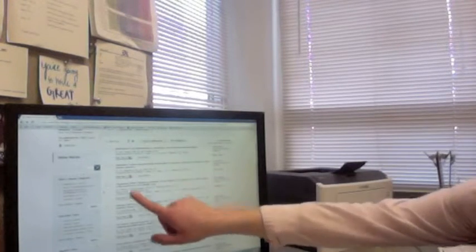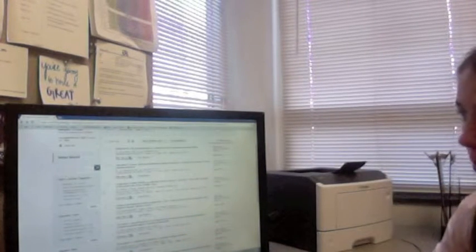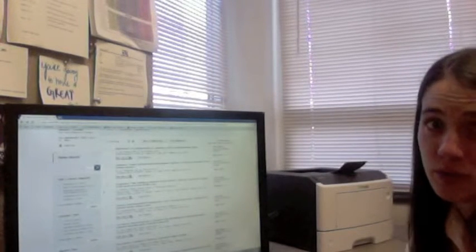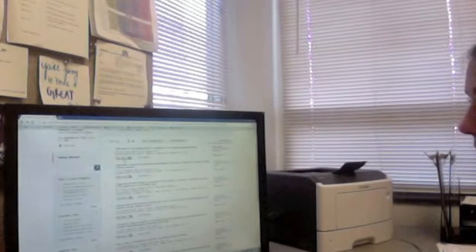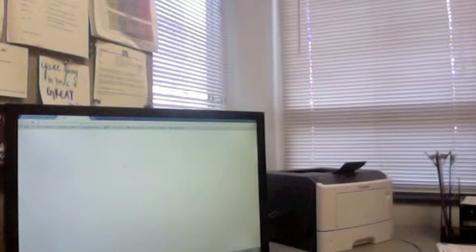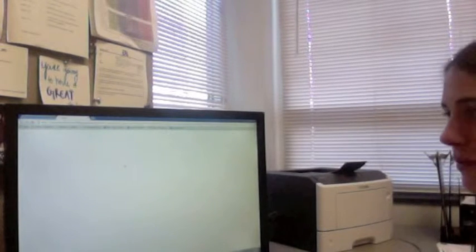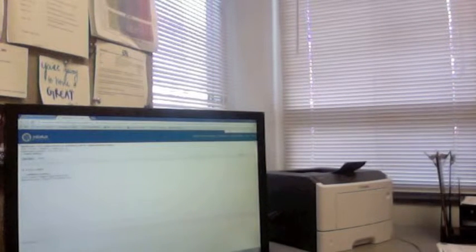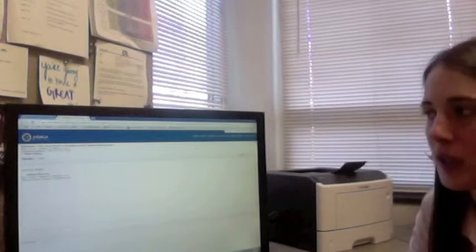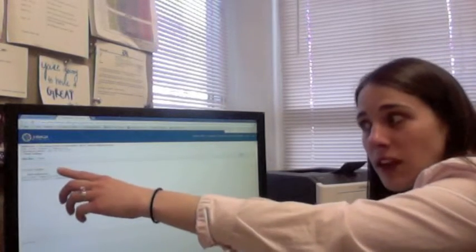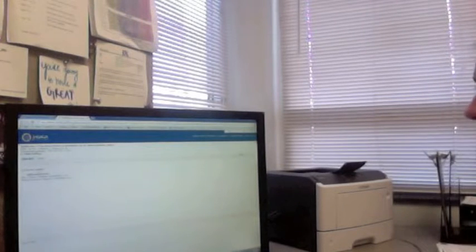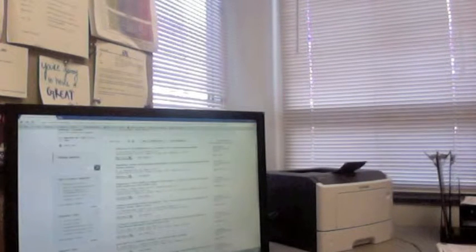And you'll see each one of these has a View Now UK button, and so that's what you're going to click to try and see if we have the full text anywhere. So we can take a look here. This will link you into the Library Systems catalog. So it looks like in this case we didn't have any full text available. But if we did, it would tell you where it was available from and give you an option just to click, and then it would take you right to that article. Let's go back now